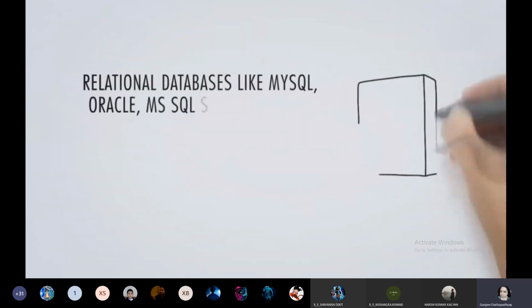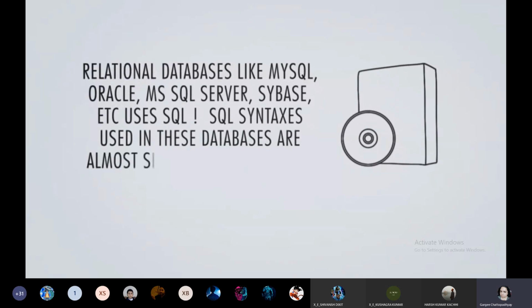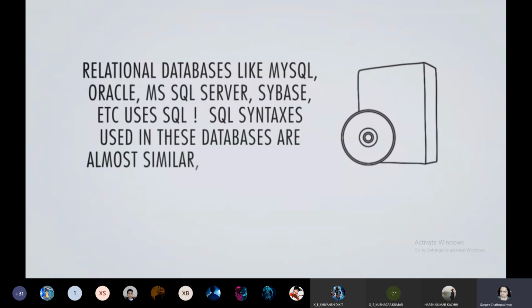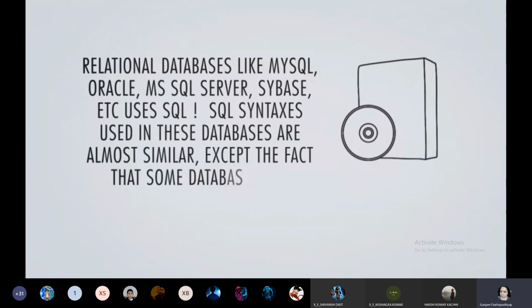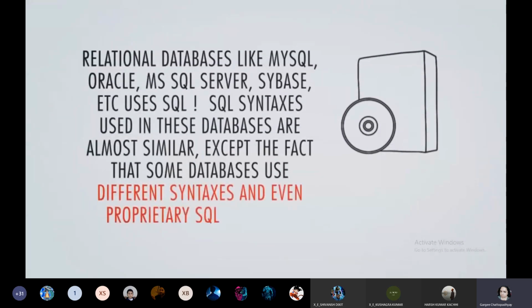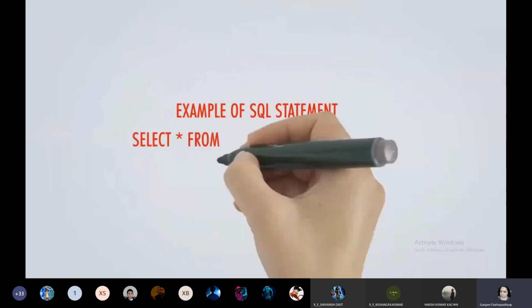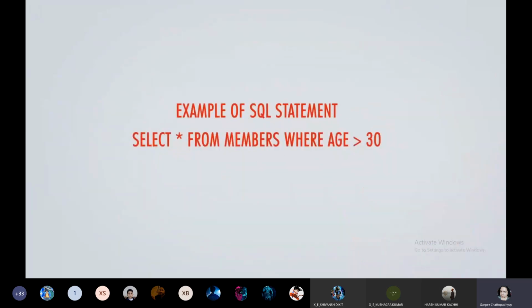Relational databases like MySQL, Oracle, MS SQL, Sybase, etc. use SQL. SQL syntaxes used in these databases are almost similar, except the fact that some databases use different syntaxes and even proprietary SQL syntaxes. An example of an SQL statement: select star from members where age is greater than 30.